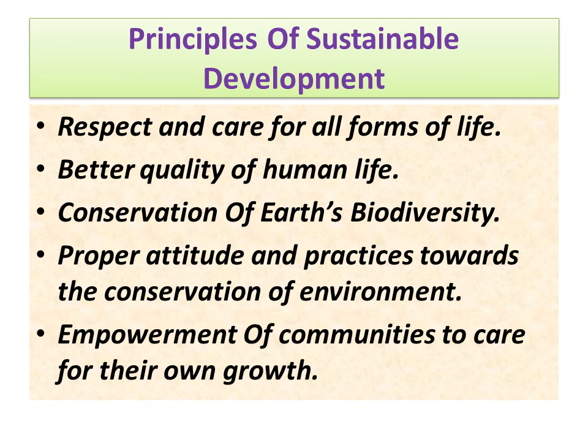Now third principle, conservation of Earth's biodiversity. Whatever is present on Earth, we need to conserve it for further use, for future generations. Fourth principle, proper attitude and practices towards the conservation of environment. We should show proper attitude, and we should keep practicing to conserve the environment. We need to conserve trees, प्लांट्स. हमें कंजर्व करने चाहिए प्लांट्स और ट्रीज़ को, जिससे कि हमें आगे चल के प्रॉब्लम ना हो.